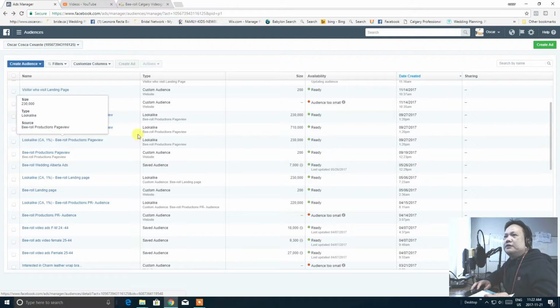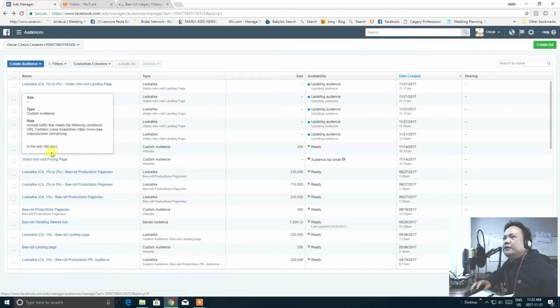So from 2% to 5%, it's the same thing. If you're going to use this on your Facebook ads, it's the same thing, page view. It reached up to 710,000, which means you can use it. Same thing here, video production page view, 230,000. I wonder why this is. Oh, this is 1 to 2%. This one is 2% to 5% audience. And the one that we did just now,